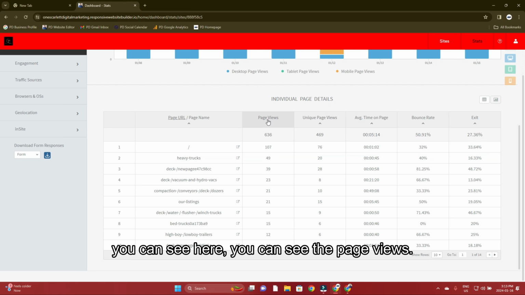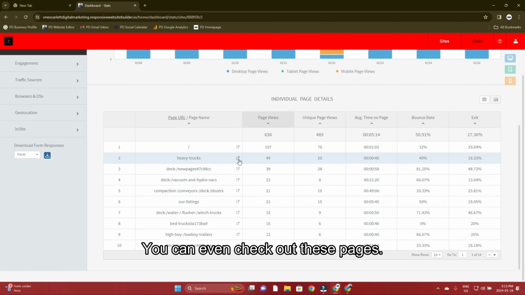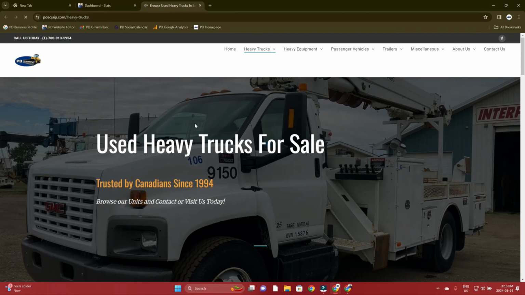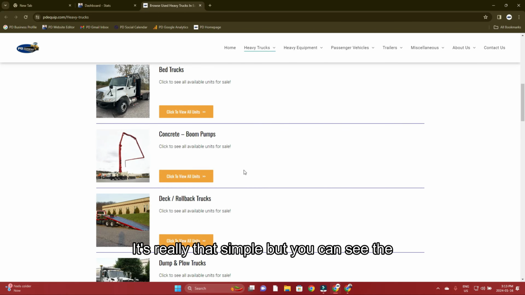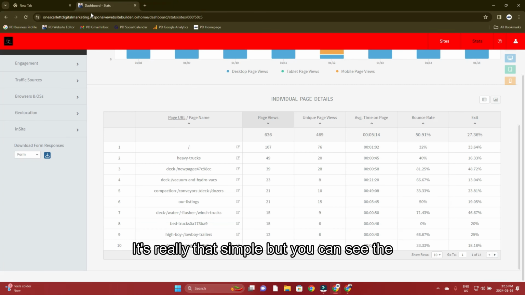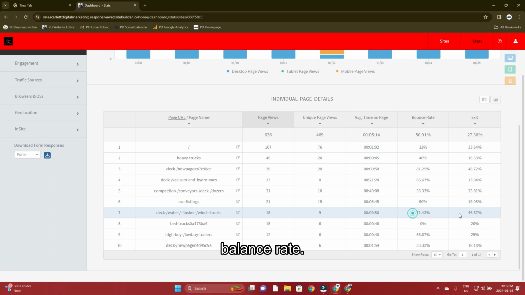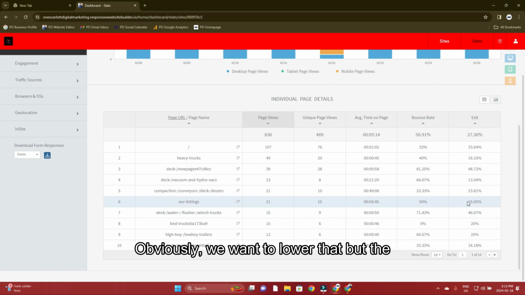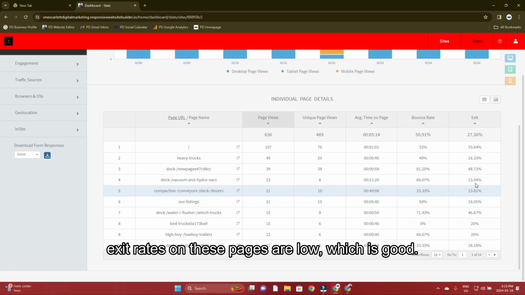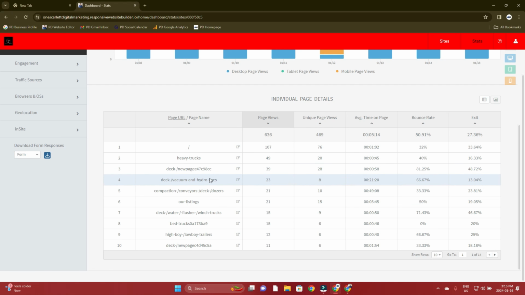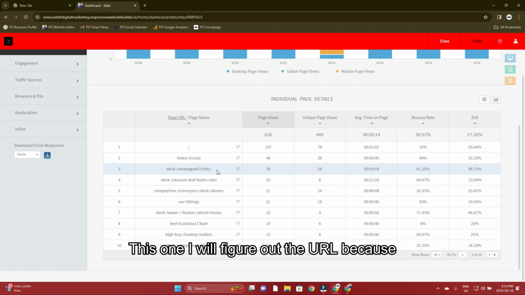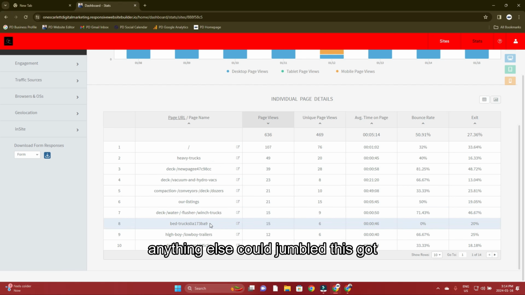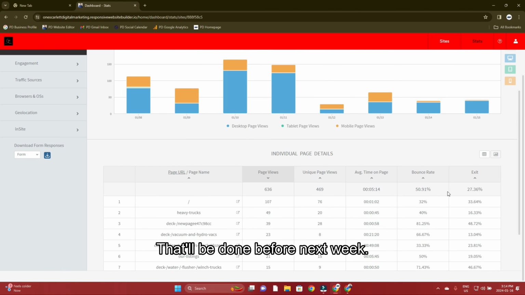But as you can see here, you can see the page views. You could even check out these pages, see what page it is. It's really that simple, but you can see the bounce rate. Obviously we want to lower that, but the exit rates on these pages are low, which is good. This one I will figure out the URL, because that got jumbled in the domain transfer. Anything else get jumbled? This got jumbled in the domain transfer, so I will fix all those links for you. That'll be done